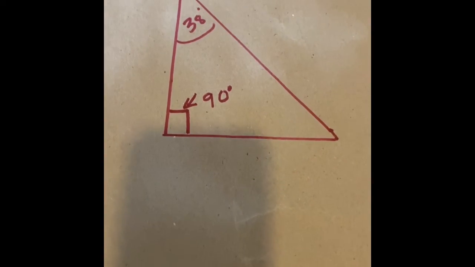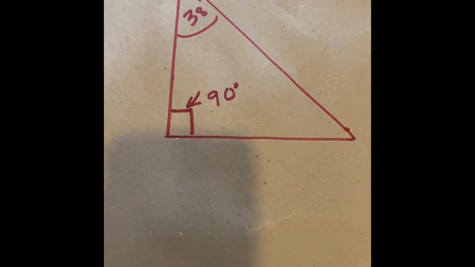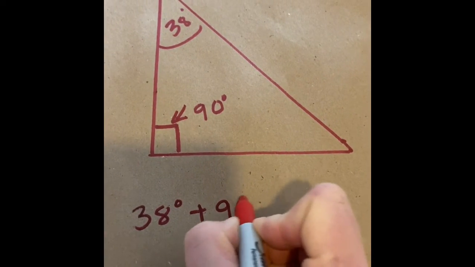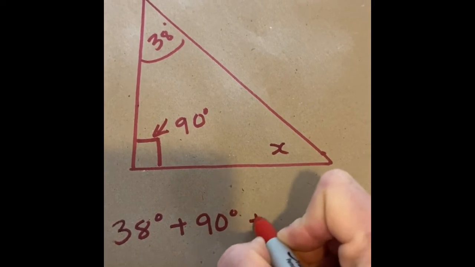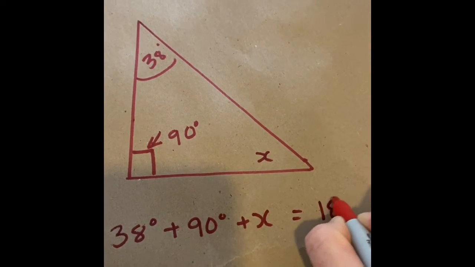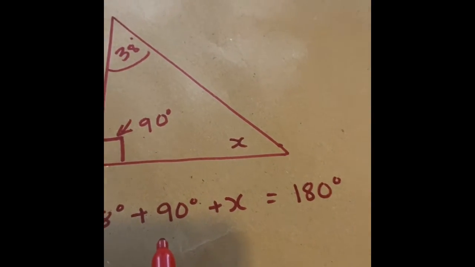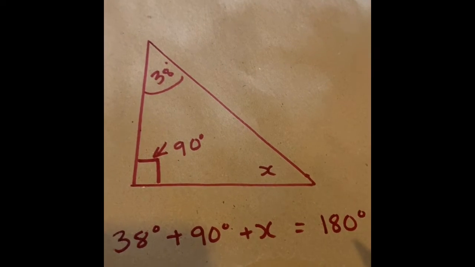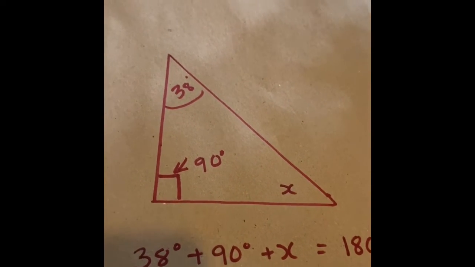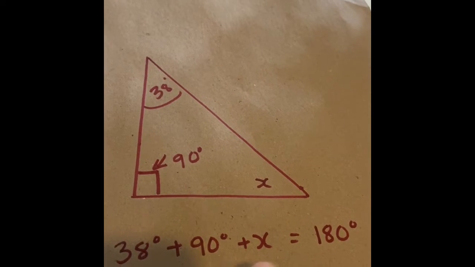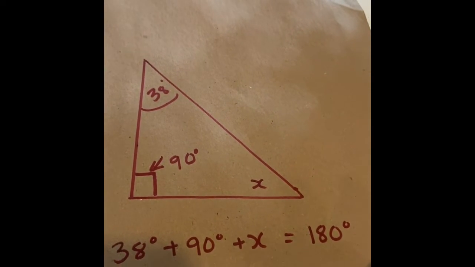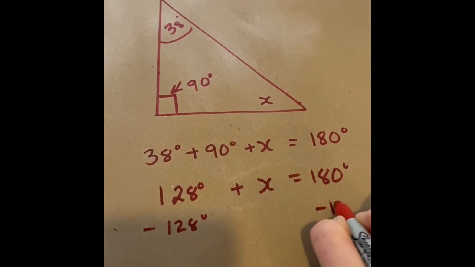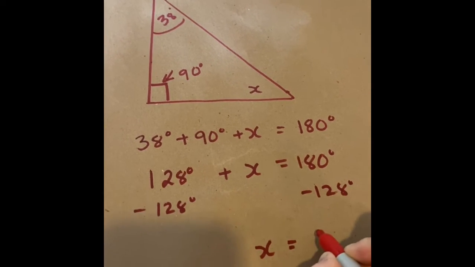So all we know about scalene triangles is like every triangle, they add up the angles to 180. So 38 degrees plus 90 plus the x that we don't know adds up to 180 degrees. So 38 plus 90 plus what number is going to give you 180? You can just try, you can guess different numbers until you get 180, or you can do algebra. 90 plus 38 gives you 128 degrees plus what number gives you 180? Well, we can balance our equation to get the x by itself. Minus 128, minus 128. X is going to be equal to